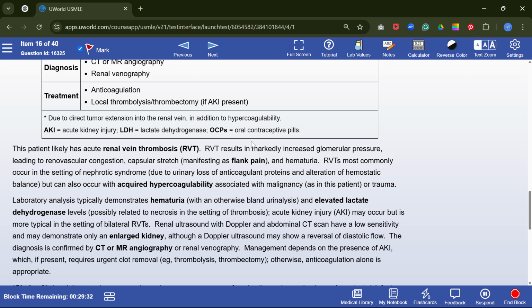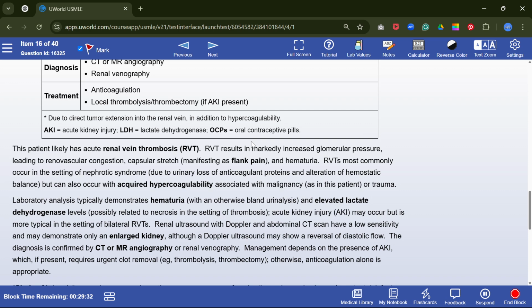So this patient has acute renal vein thrombosis (RVT). Renal vein thrombosis causes markedly increased glomerular pressure, leading to renovascular congestion and capsular stretch, manifesting as flank pain and hematuria. Renal vein thrombosis most likely occurs in the setting of nephrotic syndrome due to urinary loss of anticoagulant proteins and alteration of hemostatic balance, but can also occur with acquired hypercoagulability associated with malignancy, as seen in this patient, or